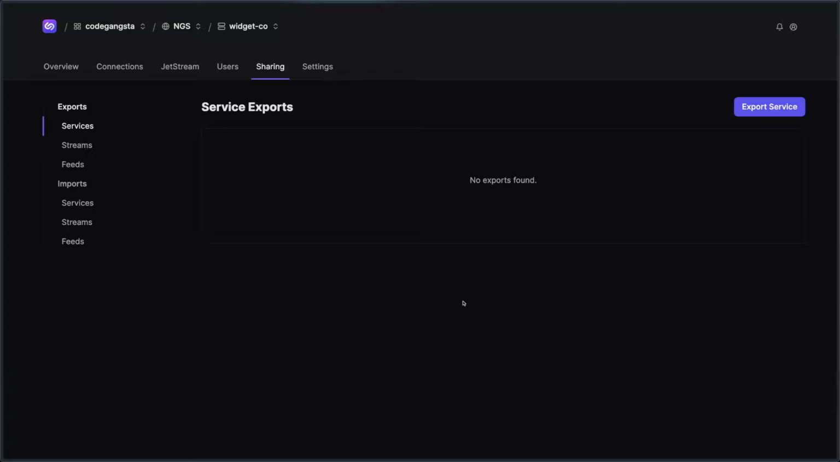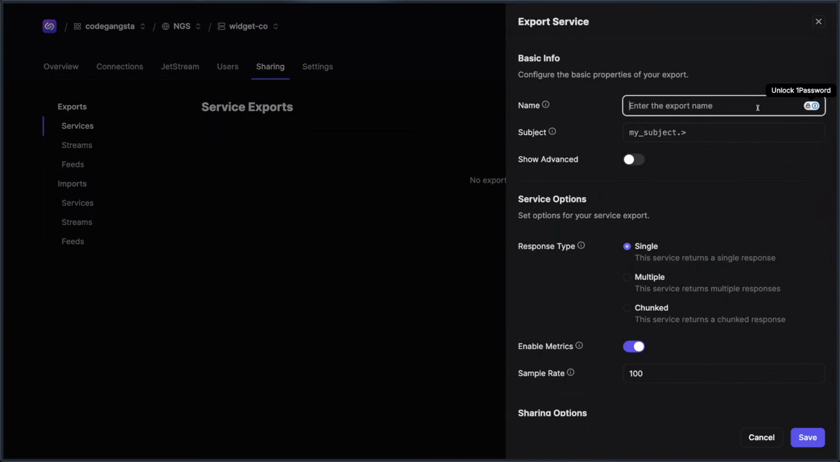We're going to start with the service export. And so I'm on my WidgetCo account where I've created a math service. I even created a stream. And so we're going to utilize those to export various things and import them into another account. So I'm going to click the export service button over here. And I'm just going to call the name of this service math. And I'm just going to say math.>